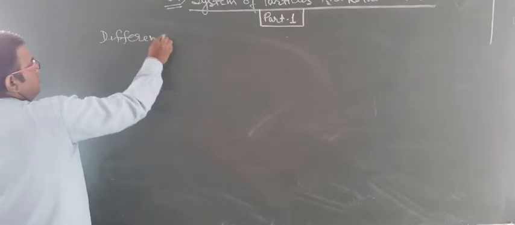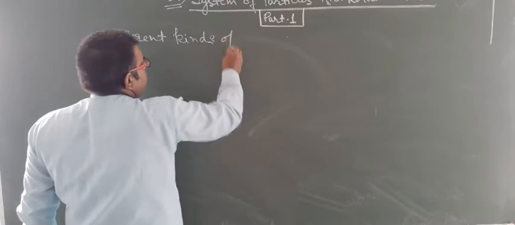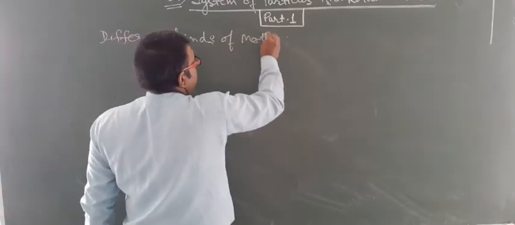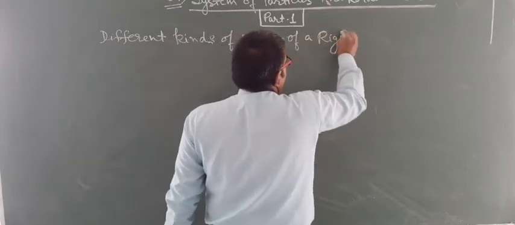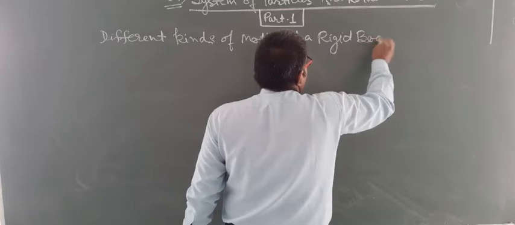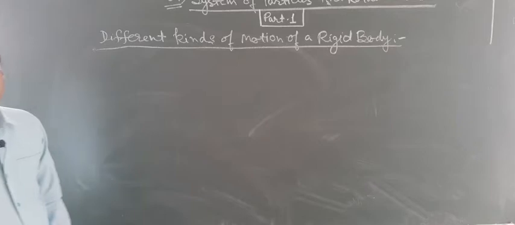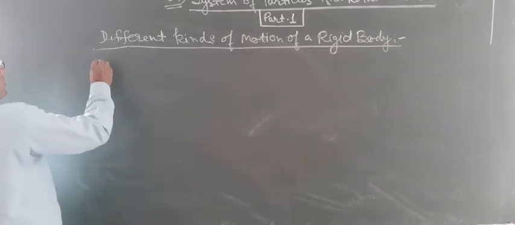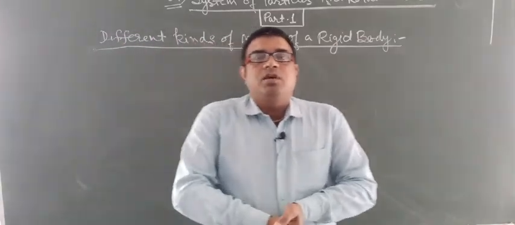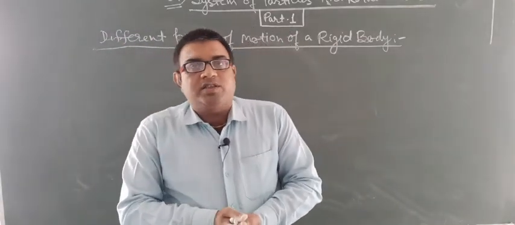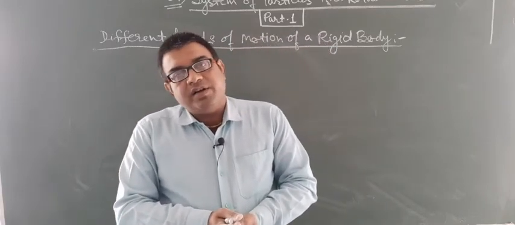Different kinds of motion of a rigid body. Suppose a rigid body or a system of particles is moving, then it can execute different types of motion,